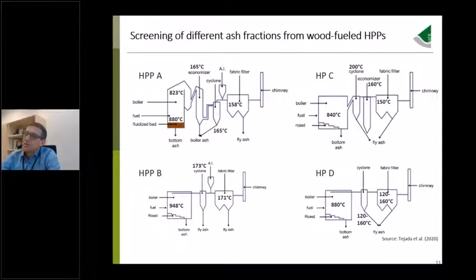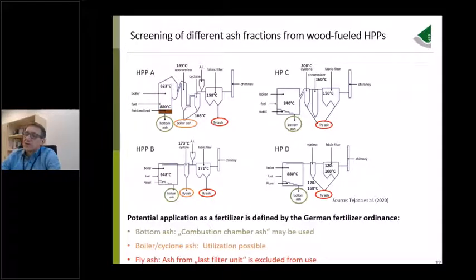Due to those 2 parameters, temperature and particle size, or average particle size, we do get in general higher trace element concentrations in the ashes separated closer to the chimney than in those ashes separated with the bottom ash. So this is the reason why